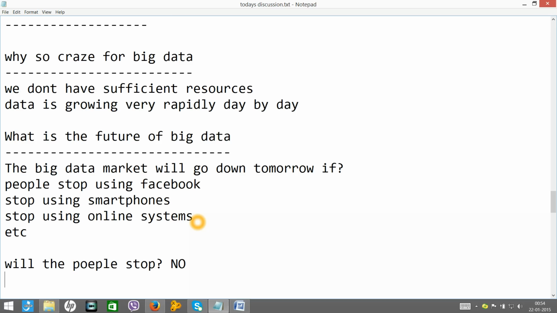The answer is no. That means the future of big data is always good in tomorrow's market.